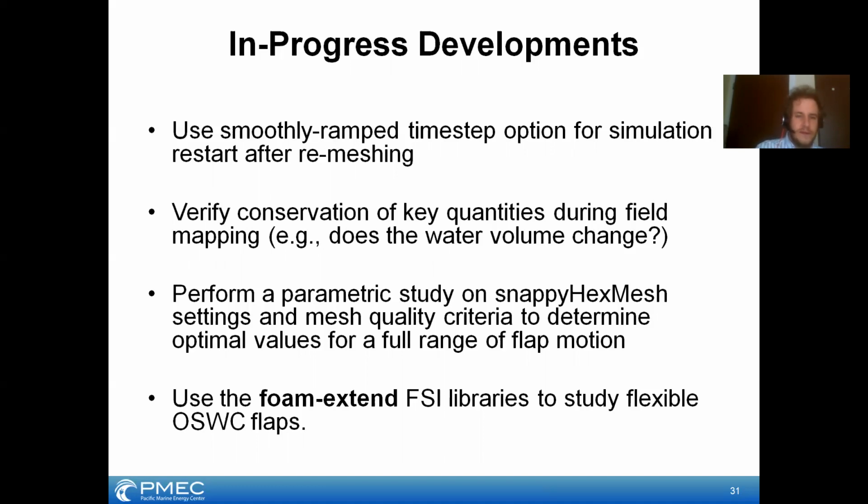Also, we want to verify that key quantities are being mapped correctly and conserved nicely from one mesh to another when you do the interpolation. Like for example, does the water volume change, or does it not, hopefully? So we're in the process of verifying that over longer durations of simulation. And also, we want to perform a parametric study using snappyHexMesh and mesh quality criteria as